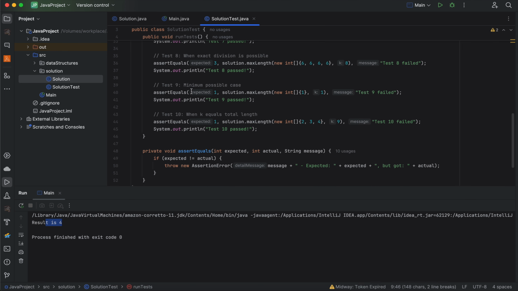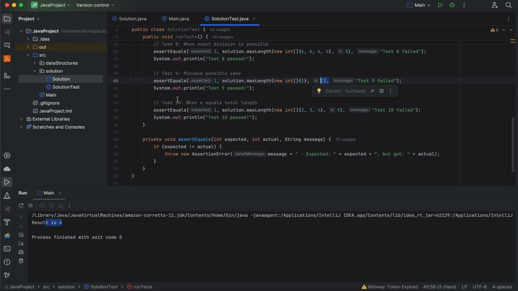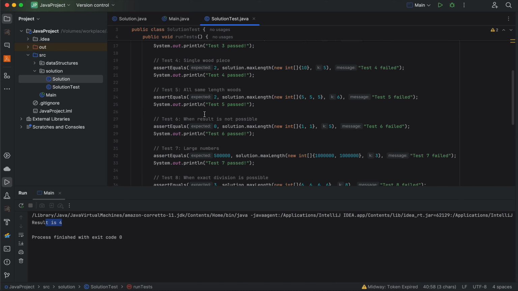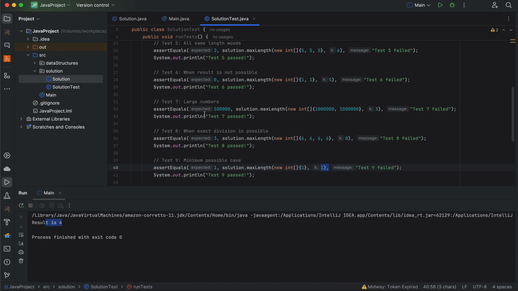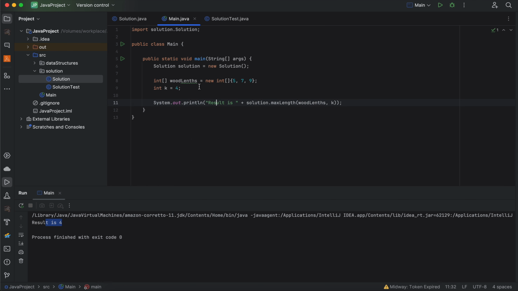For instance, the minimum possible case, when the array has only one element, size of 1, and k is 1, etc. These use cases are really good to test the edge cases in your binary search, whether you configure the left and right boundaries correctly,